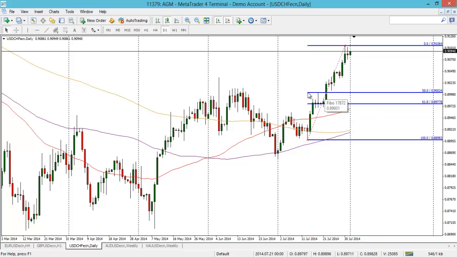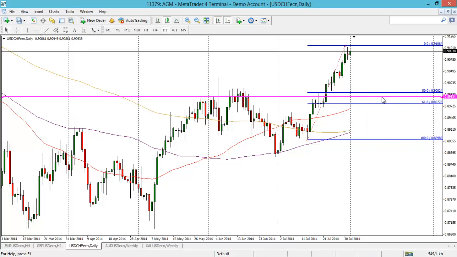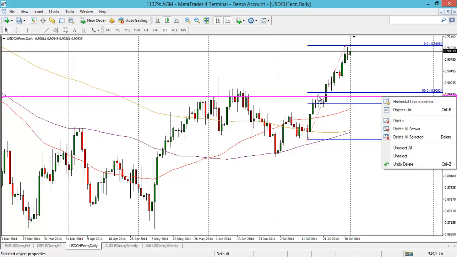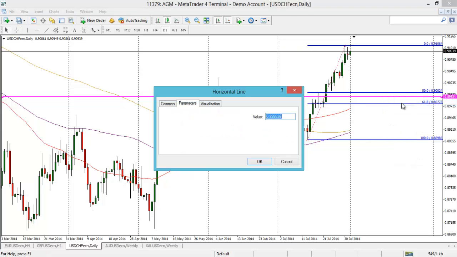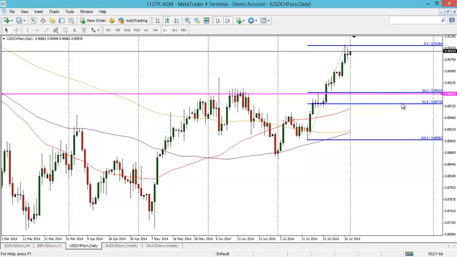And also why I think this move could be interesting is because this 50% coincides with previous resistance, which you can see right there, but also the 50% lines up with a big level, and that being the 0.90 handle. That coincides with these highs here, and of course it's a very big round number and most probably a big option expiry level as well. So do keep an eye out on that.